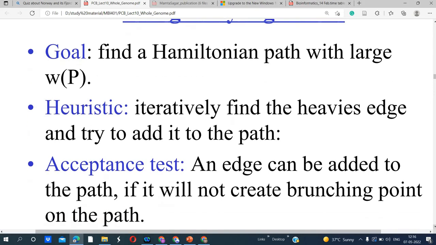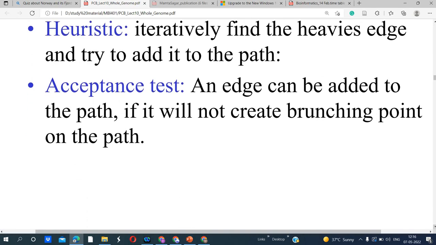An acceptance test is performed, and an edge can be added to the path if it will not create a branching point on the path. If it will not create a branching point, it means we move along the path. If it creates a bifurcating point, then it may lead to another path.